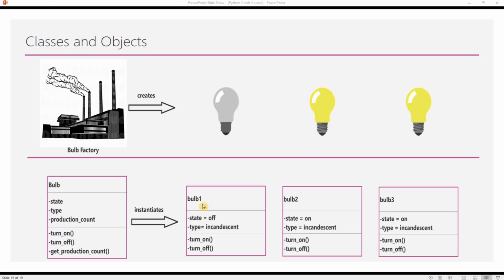Another reason why we name it this way is because there are some fields and methods that only make sense in the context of the class and not to individual objects, and we have to reach out to the class for their values. For example, in order to get a count of how many bulbs are produced by the bulb factory so far, we have to consult the bulb factory for these details and not go to the individual bulbs. Likewise, we have to reach out to the class to get a count of the total objects instantiated